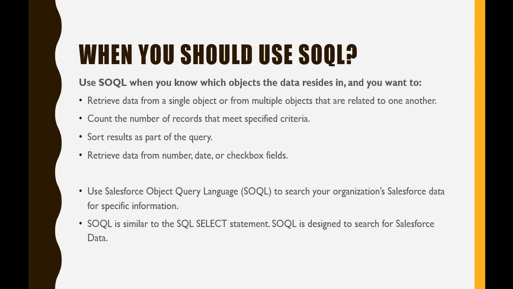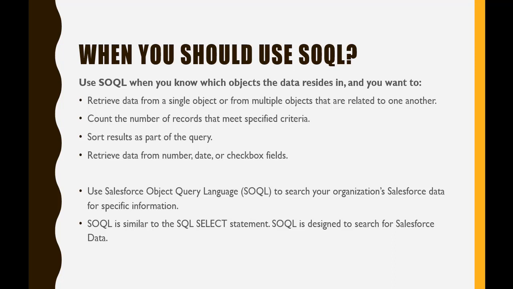The main difference between SOSL and SOQL is that in the case of SOQL, you can retrieve data from either a single object or multiple objects, but those objects need to be related to one another. But in the case of SOSL, you can look for particular data across multiple objects. They do not have to have any relationship between them. As you've already seen in the previous examples, we have looked for data inside two objects. One was the account object, and the other was the customer object, and these two objects were not related